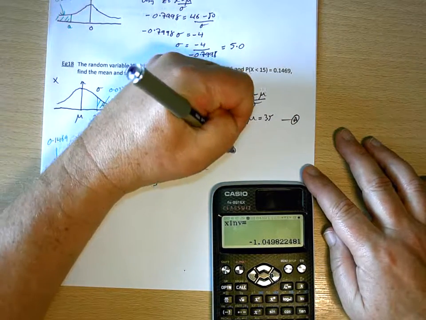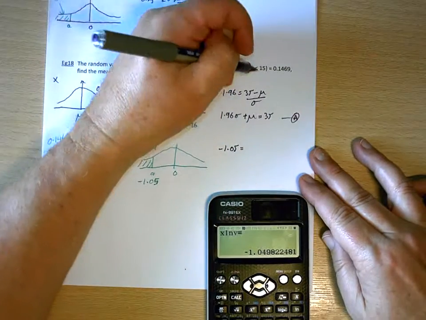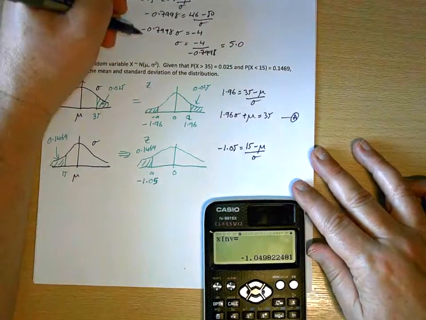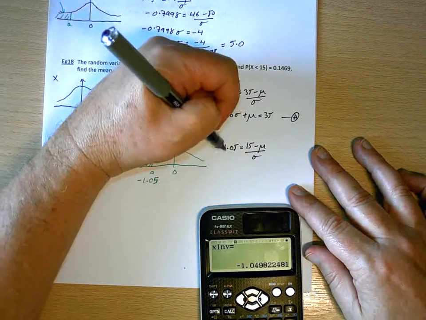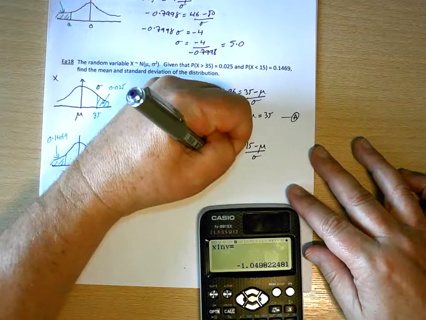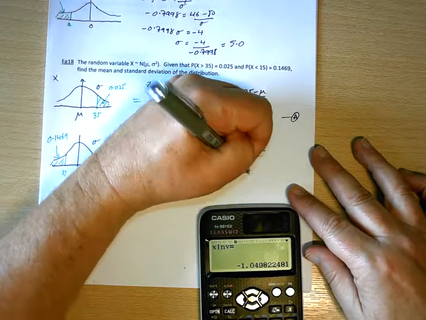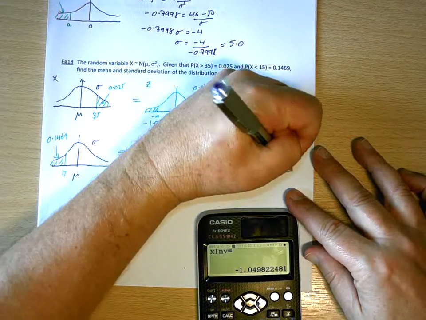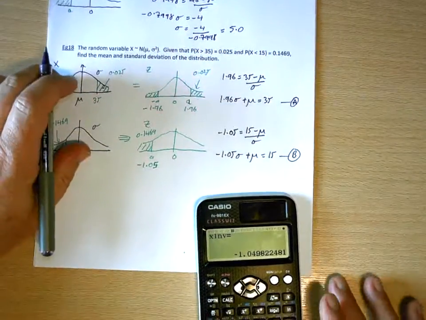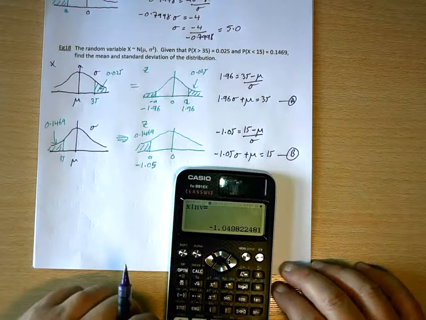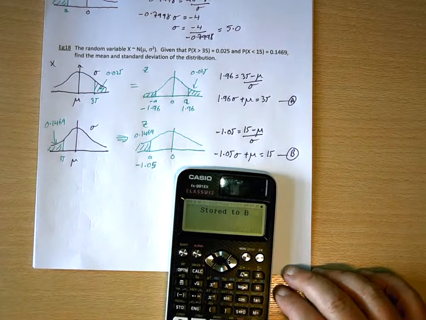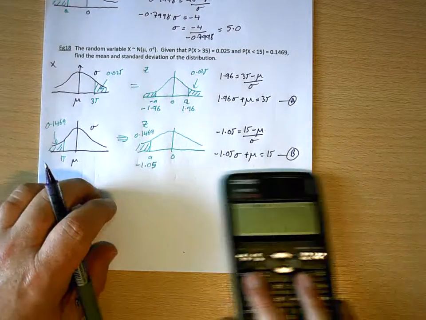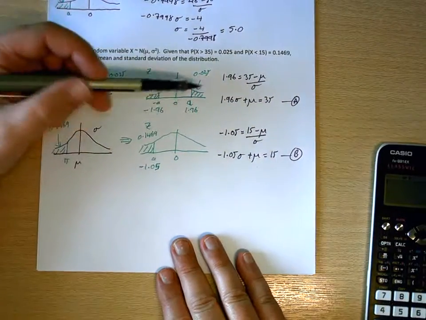Minus 1.05 equals 15 minus mu over the standard deviation. So rearranging that, bringing the standard deviation up, bringing the negative mu over, equals 15, and let's call that b. So if I store that now in b, go back into arithmetic. So I've got these two equations,